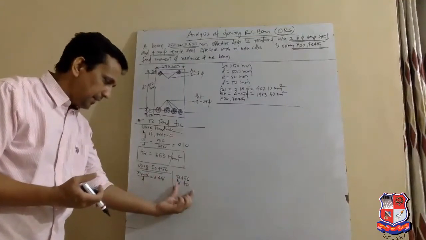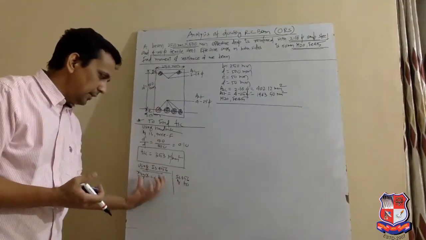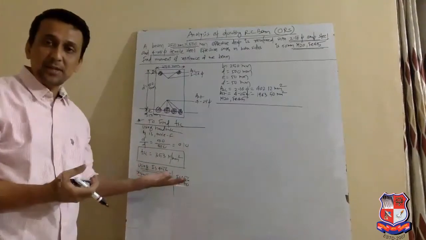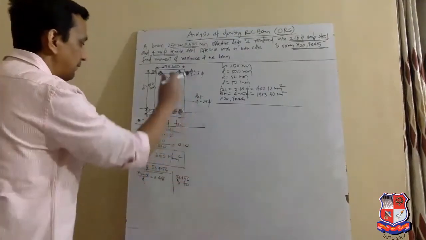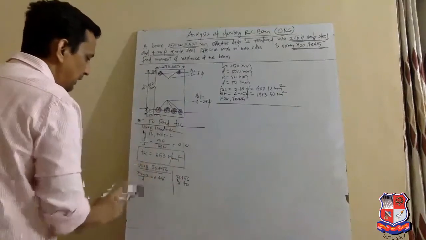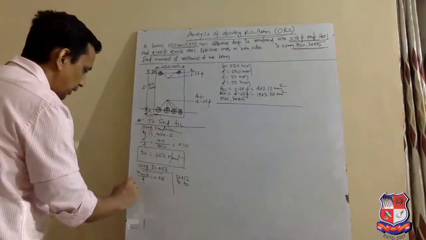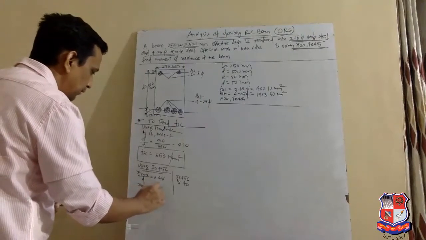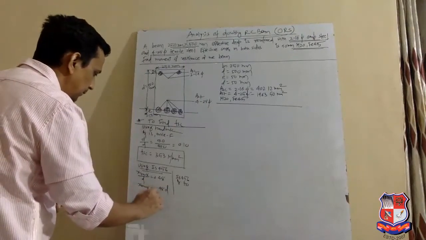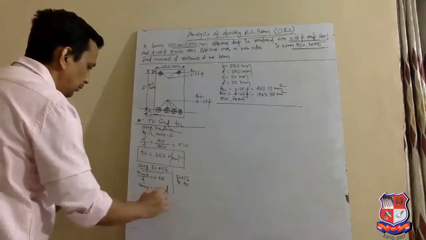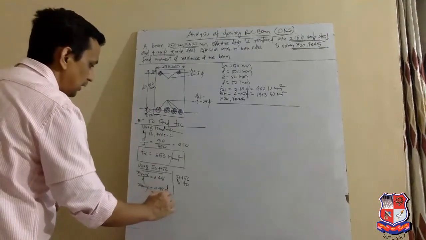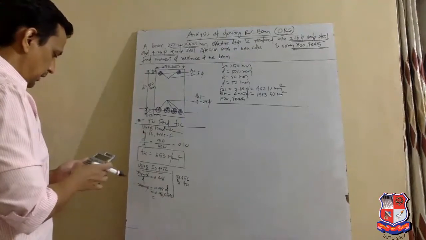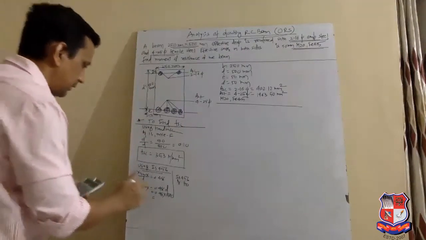In page number 70, for various steel grades, the value of Xu max by d is given. From there, for Fe 415, Xu max by d equal to 0.48. Therefore, Xu max equal to 0.48 d equal to 0.48 into 500. So we get